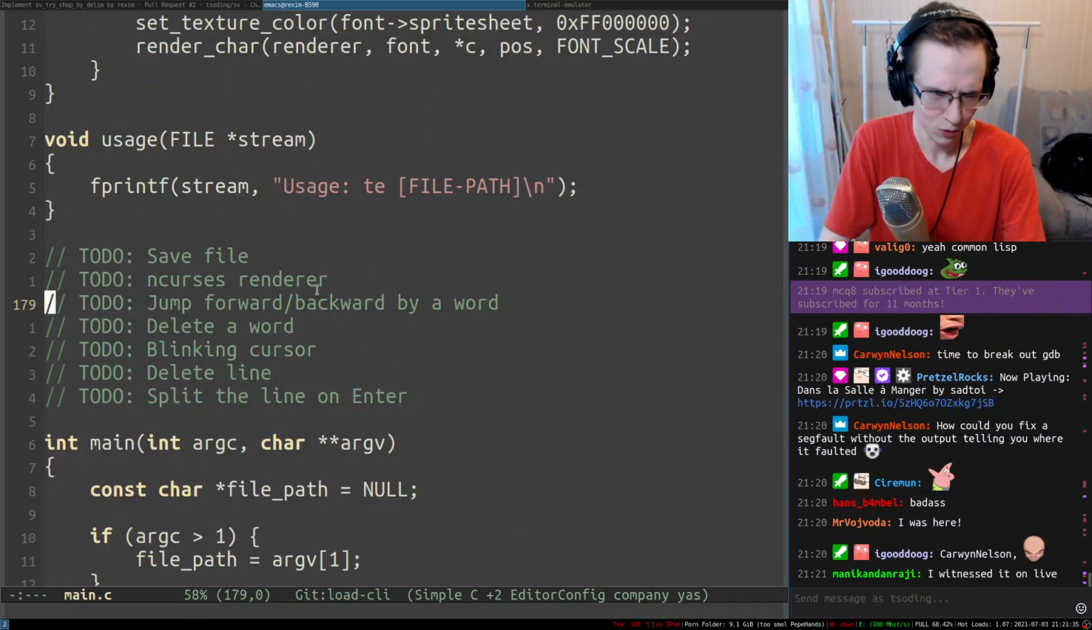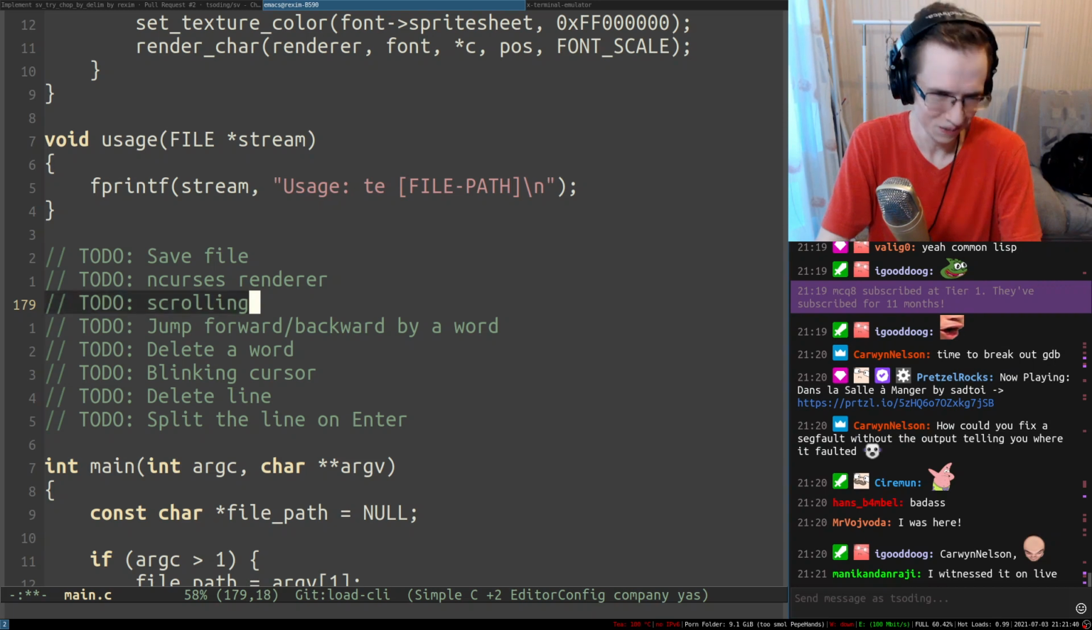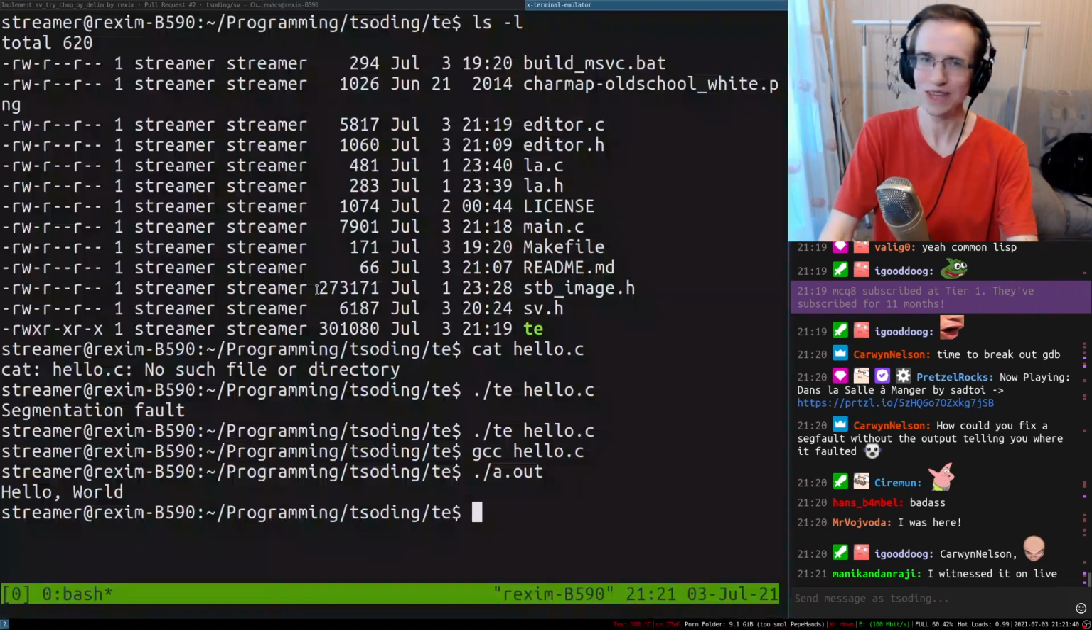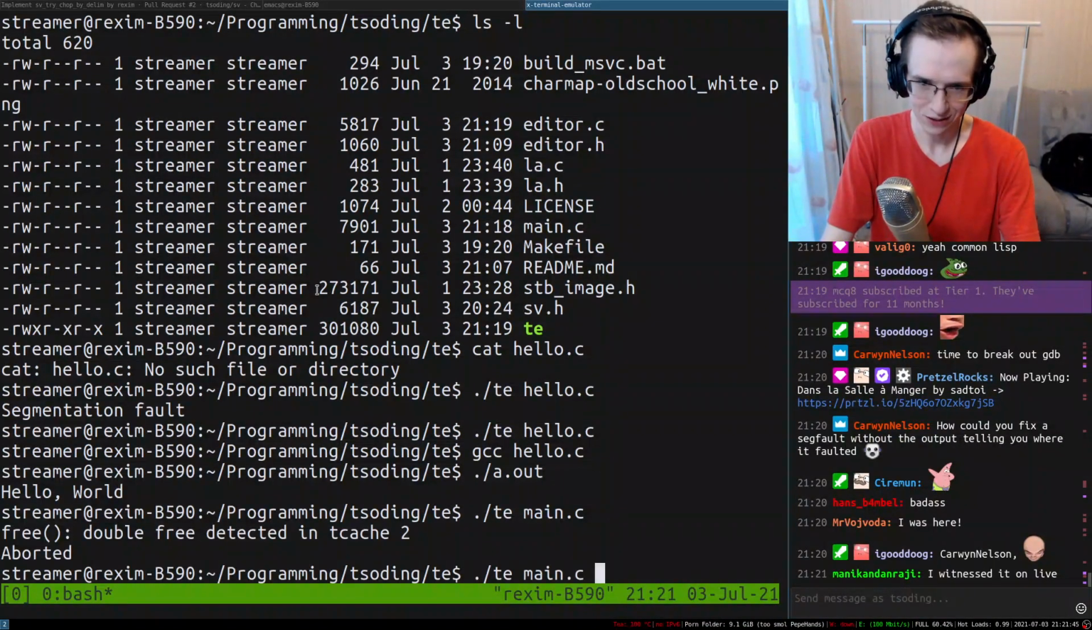Another thing I wanted to implement is scrolling, because we don't have scrolling. So you can open the source code of the editor in the editor. It's